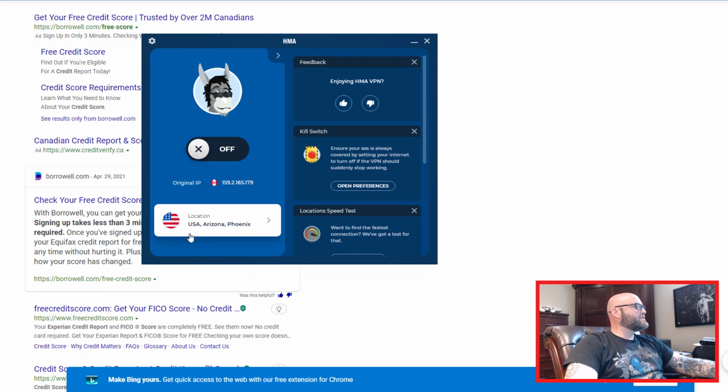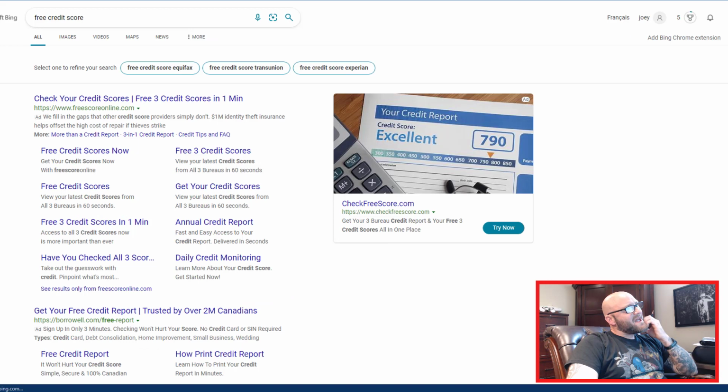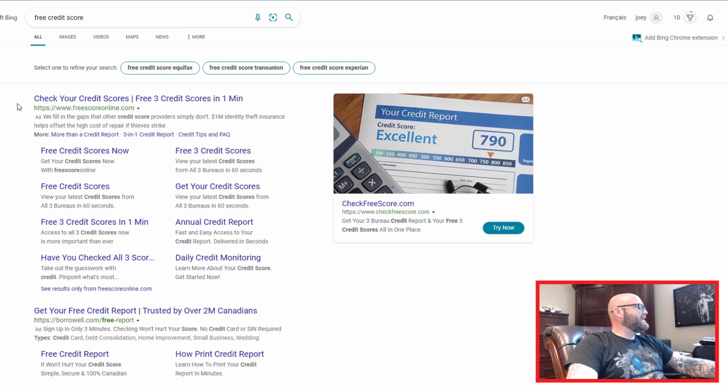Basically I can turn it on and switch my location to the United States, and now my computer is appearing like it's in the United States. So if I do a search now, I can start seeing ads that are running in the United States. I went ahead and refreshed, and now you can see I'm getting ads from the United States. And here's an example here,